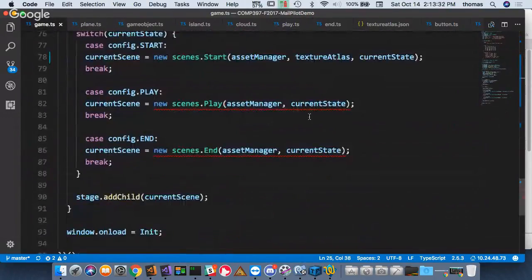Down the bottom now I have two problems, the same as this, so I'm just going to take this part here and copy paste it on top of this to fix those two problems, because now all my scenes require TextureAtlas in my current state, which again, all those three things are going to disappear in a future version, right? Because my current state should be static. TextureAtlas should be static, and my asset manager should be static. So I can set up these three static objects that are sitting around that I can share between all the other ones, right? For now, though,